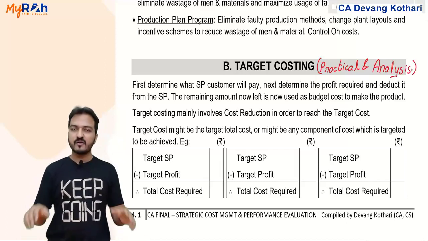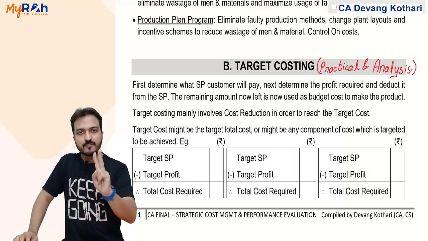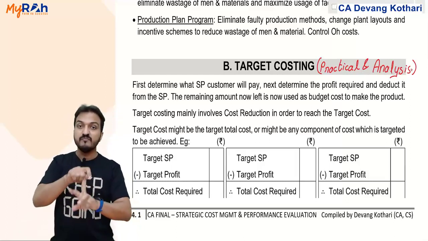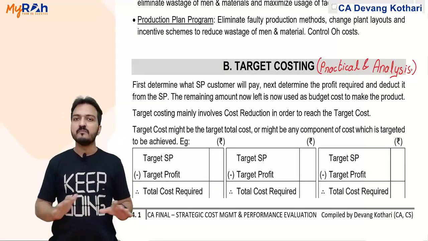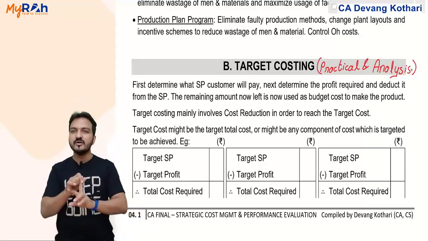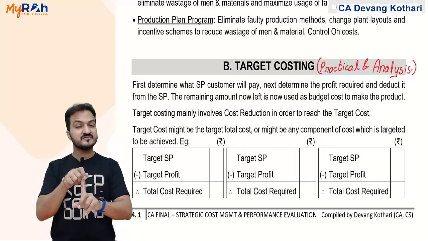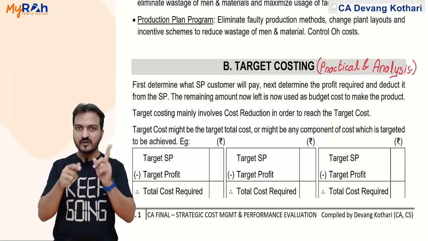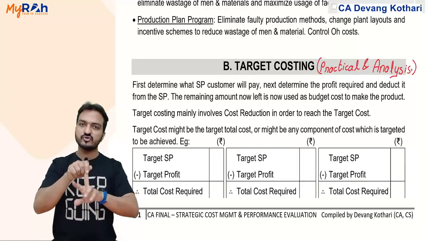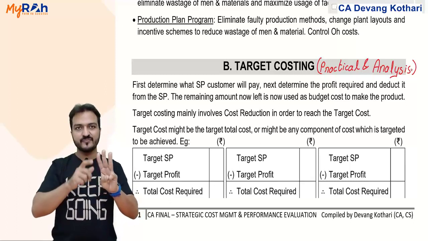You remember now, CA final costing involves three things. It involves theory, it involves practicals, and it involves analysis. Wherever there are practicals, you need to calculate and reach an answer, but that will not be enough. Everywhere where you calculate and reach an answer, you have to write some analysis. And to write that analysis, you will need the theory. Hence, there are three things in my entire subject here: theory, practicals, and analysis. Practicals you can solve easily. To write analysis of those practicals, you will need to understand the theory. All three things are needed.